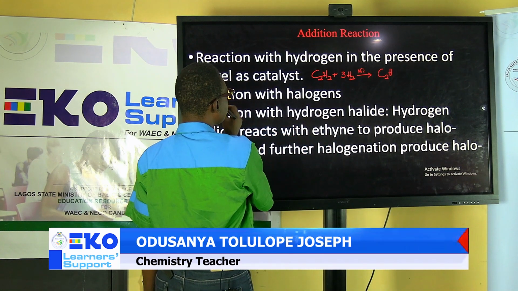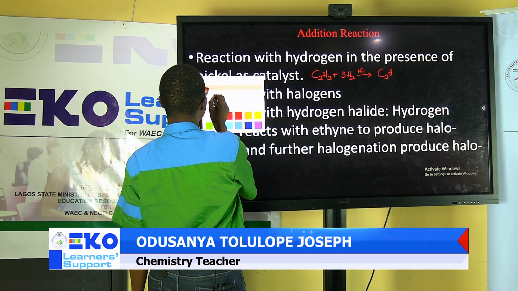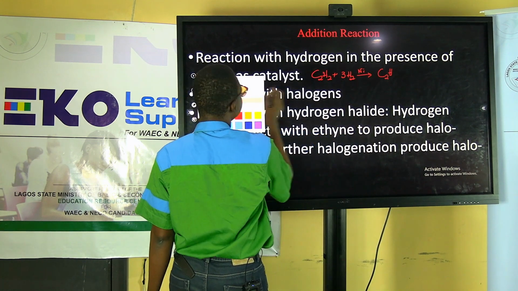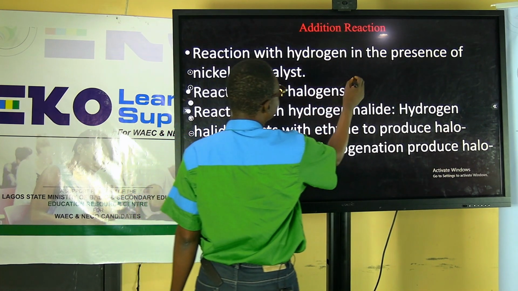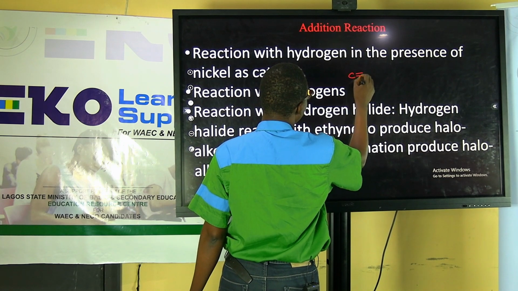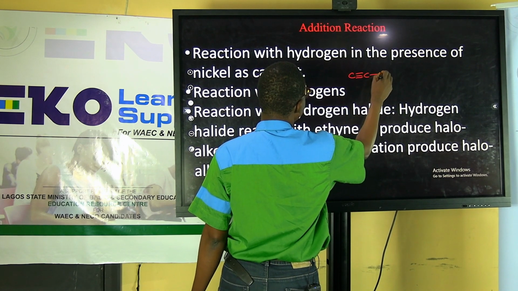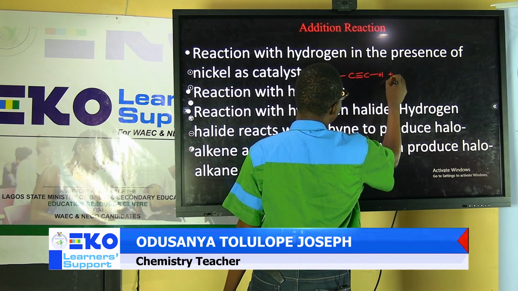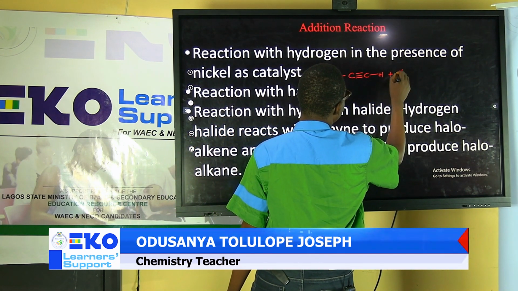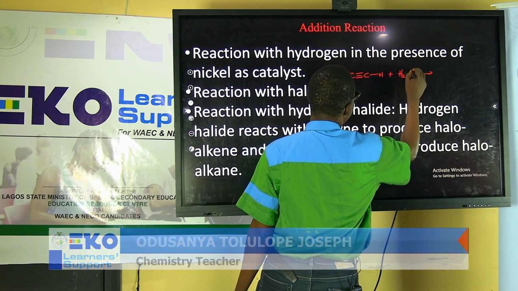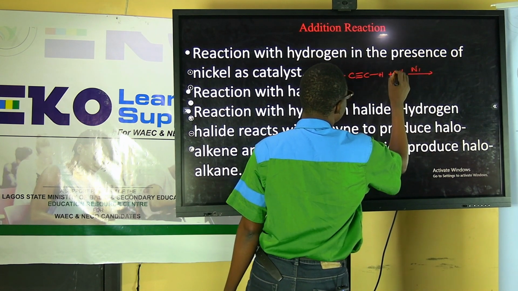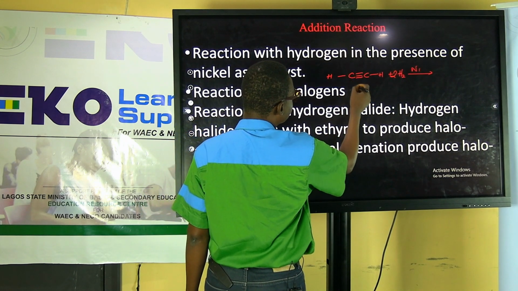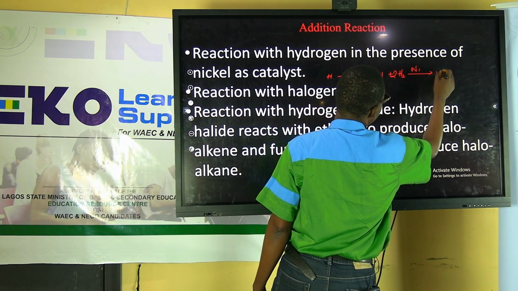Let me use the molecular words to make it easier for you. Let me use the easier method for you. I react it with hydrogen in the presence of nickel. So 2 molecules of hydrogen are needed. In this particular case, the bond will be broken down to give